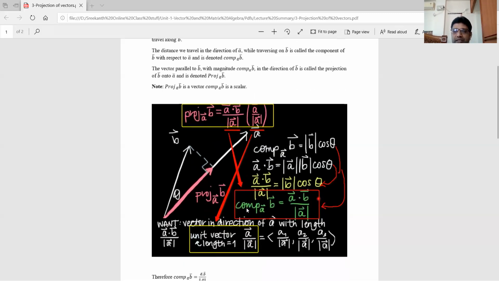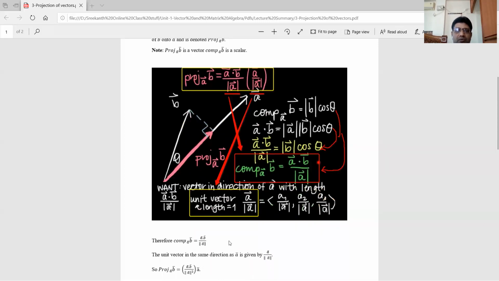The same thing we wrote here, so the formula is written here. The component of B bar along A bar means the dot product of A bar and B bar by its magnitude. If you want the projection, you have to take a unit vector in the same direction as the vector A bar, so that is given by A bar dot B bar into A bar by magnitude of A bar. If you multiply these two, you are going to get this formula. So this is the procedure to calculate the projection of a vector over another vector.